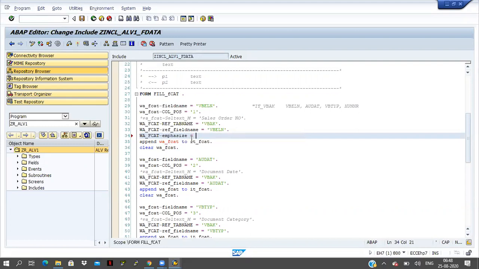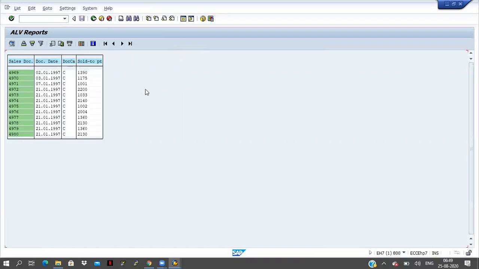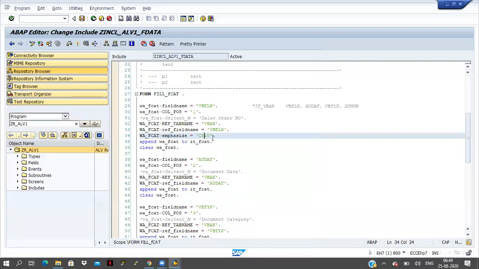Emphasize equal to... let me check C310 or C510, how it is working. See here, something green color is coming. Now click on back. How I have given like this, C510 I have taken here.